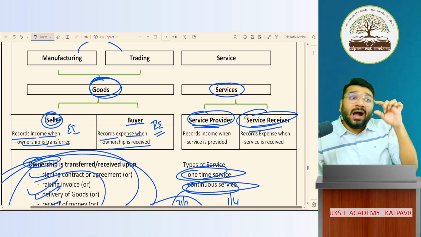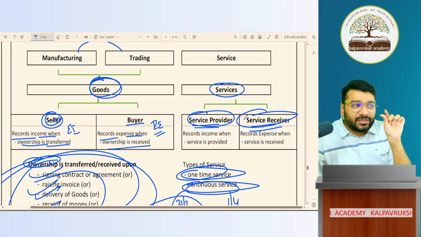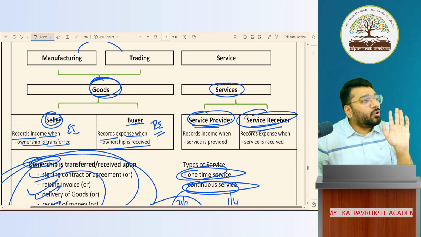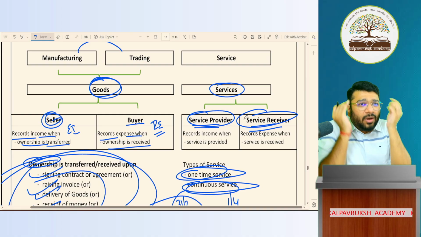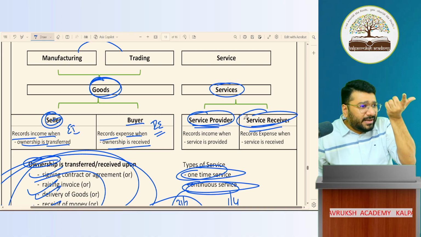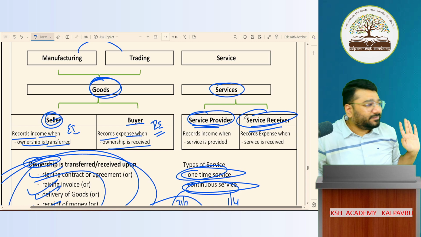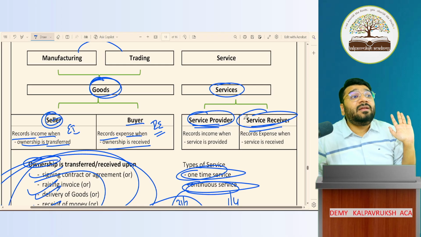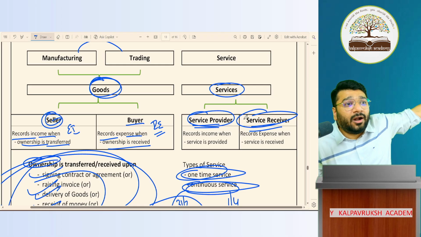Okay, not okay. But in this, small deviations are there. Where will I discuss this? In Intermediate, I'll discuss this. Okay, not okay. Here, I'm just trying to put a small seed in your mind. Let it germinate. In Intermediate, we'll see what to do with it. Got it, not got it. Same question I'll ask in Intermediate. When will income be earned, expense incurred? Will you answer or not? Yes.